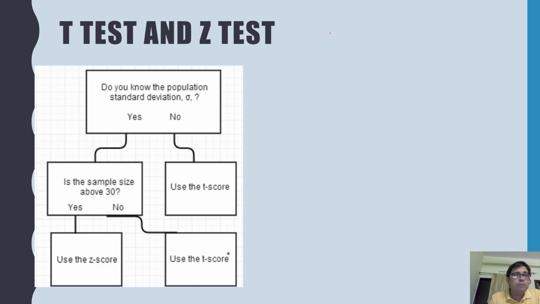When you know the population standard deviation and the sample size is large, then you use the z-score. And when you don't know the standard deviation, you use the t-score, and when it is a small sample, then also you use the t-score. So can you pause for a moment and tell me when the situation is more uncertain, for z-test or t-test? You can understand that for t-test the scenario is more uncertain, because neither do you know the standard deviation nor is the sample size large. So as your sample size grows, your confidence also grows, right?